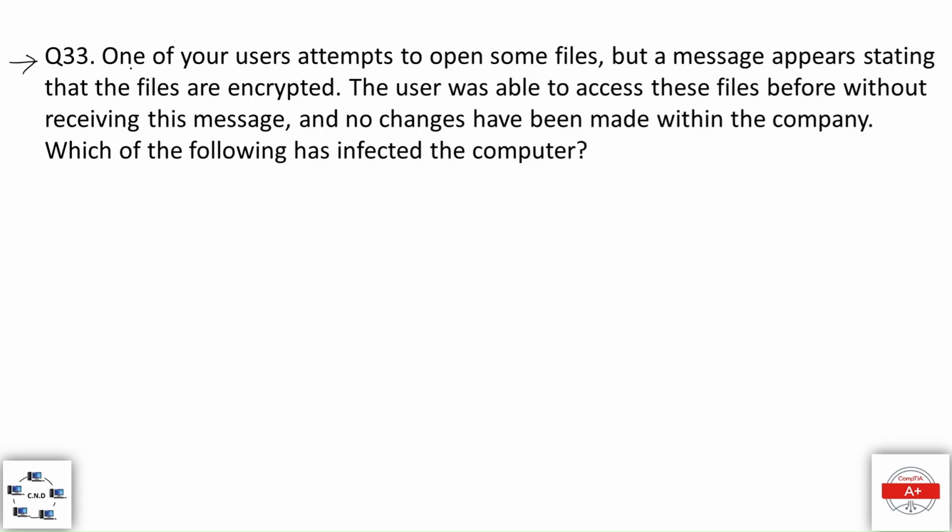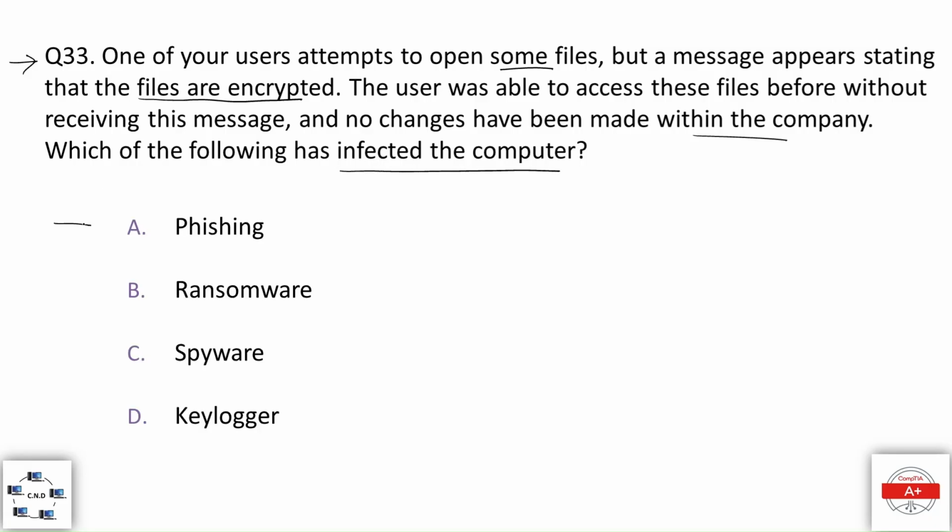Question number 33. One of your users attempts to open some files, but a message appears stating that the files are encrypted. The user was able to access these files before without receiving a message, and no changes have been made. Which of the following has infected the computer? The options are option A, phishing, option B, ransomware, option C, spyware, and option D, keylogger. And the correct option is